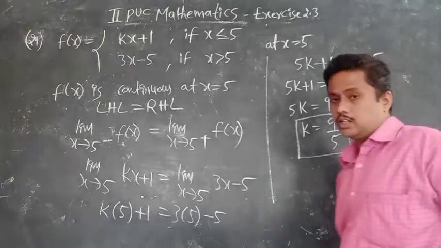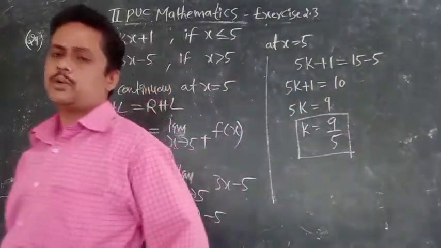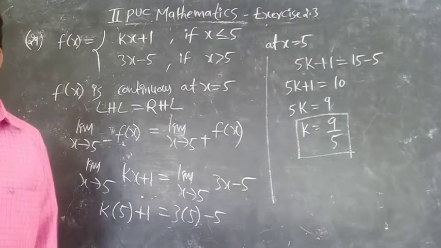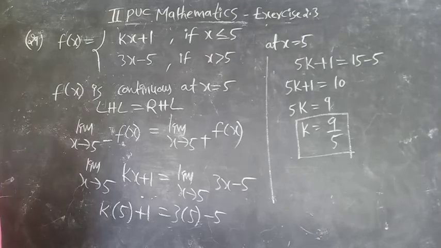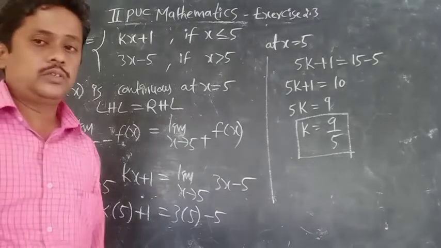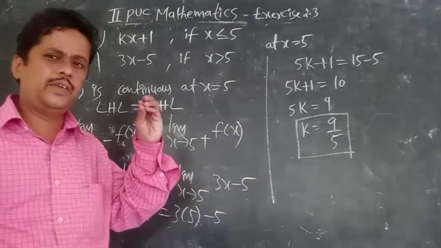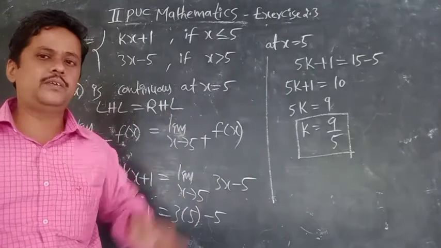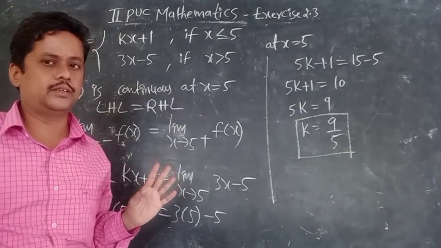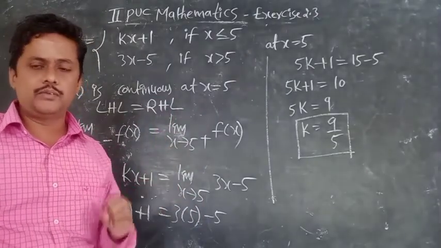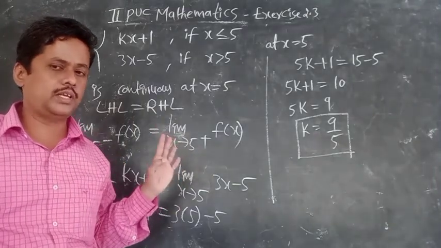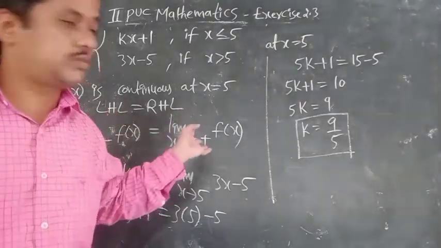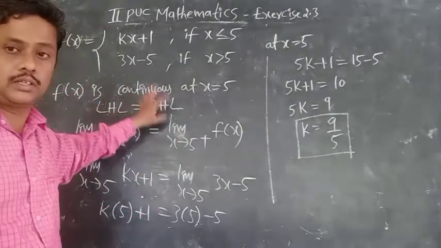Now, this problem is also very important. This is also one of the important questions. Another problem is also there, I will tell you in the next class. So these four are very important, and the first one we told, k cos x divided by pi minus 2x, is a very important question. These four problems are very important for the 4 marks question in the main examination. You have to learn these questions. So go through this. This is the procedure: LHL is equal to RHL.